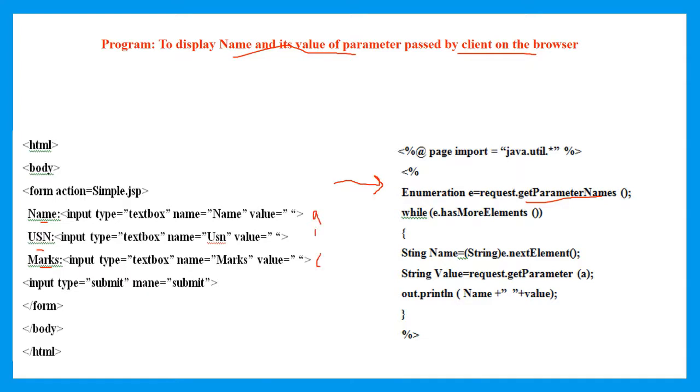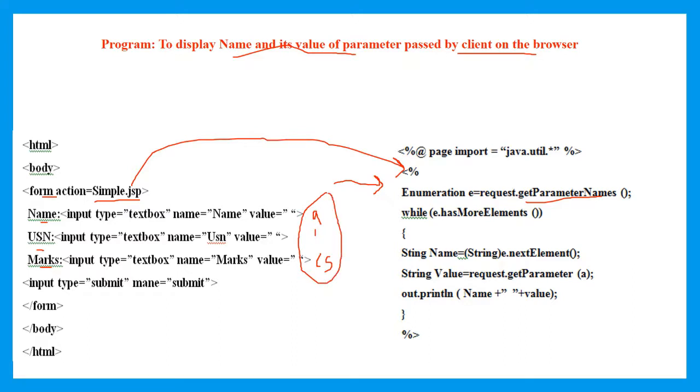this value should be moved from your HTML file to the JSP with the help of a form tag, and the form tag action contains the simple.jsp file. Now control will be moved from the HTML page to the JSP with a set of values as A, 1 and 65.